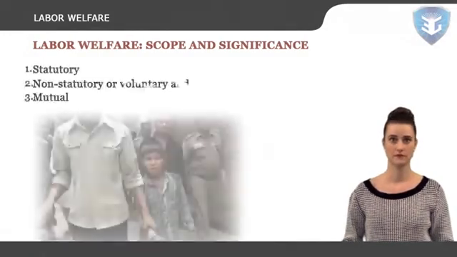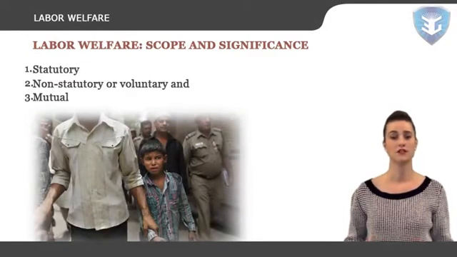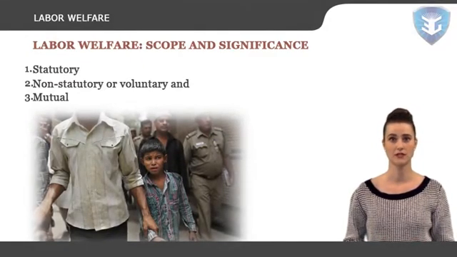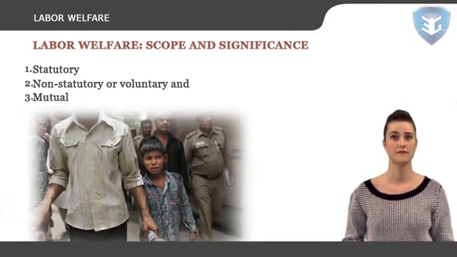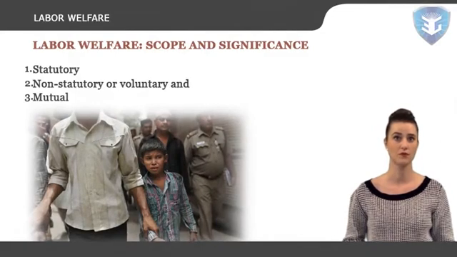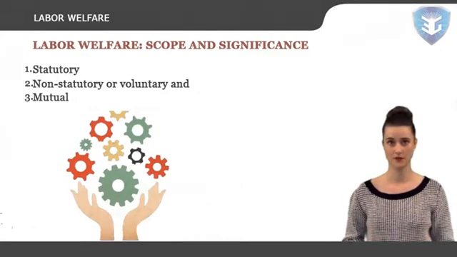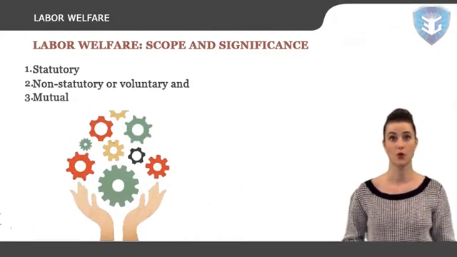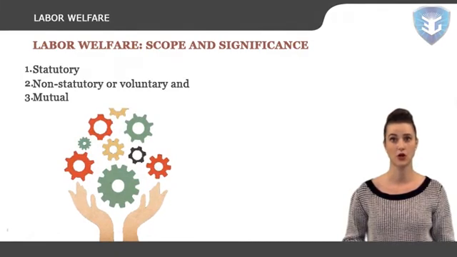Statutory provisions relating to welfare of workers have been promulgated by the Government of India in different enactments. Voluntary welfare includes all those activities which employers undertake for their employees on a voluntary basis. It is a philanthropic approach on the part of the employer to provide various welfare facilities to the workers over and beyond the statutory measures. Mutual welfare is a corporate enterprise undertaken by the workers themselves or their organization called trade unions. In India, the trade unions are financially weak and are unable to undertake such activities on a large scale.